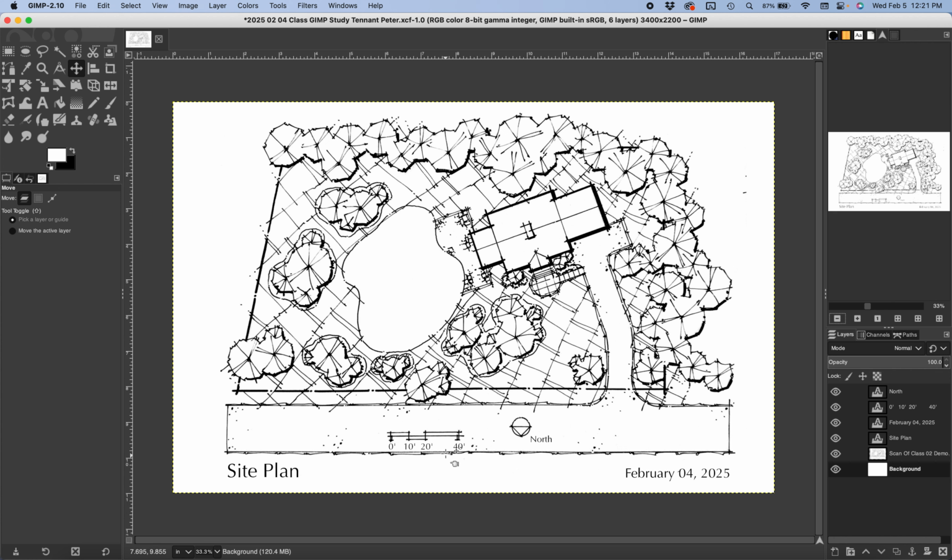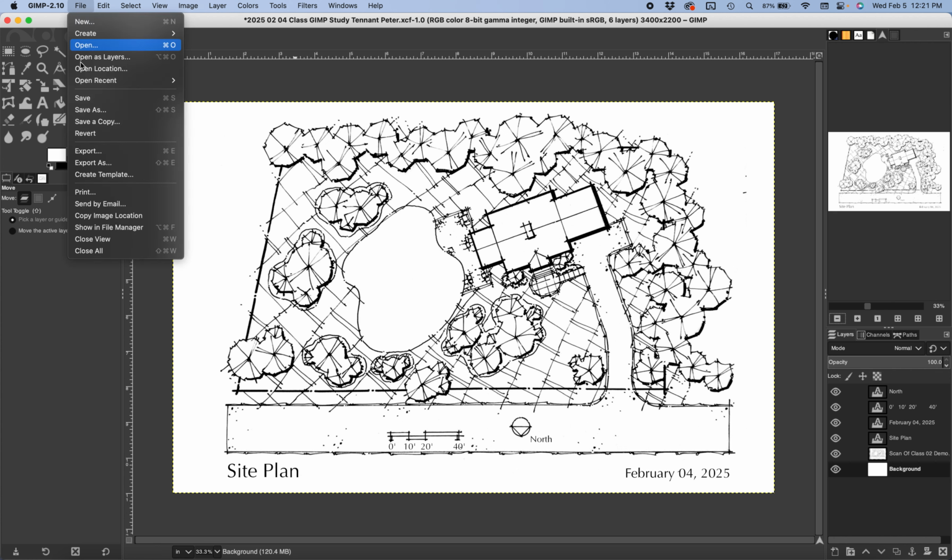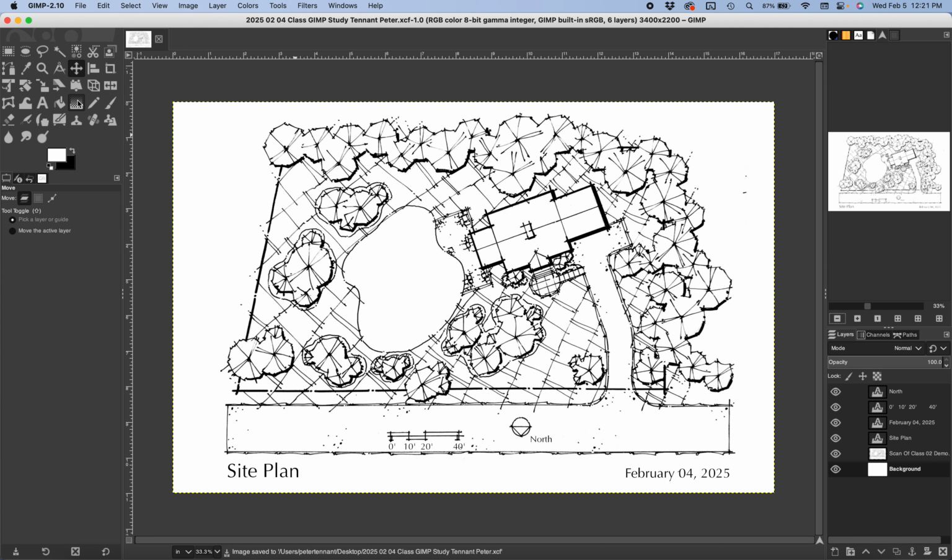I like the text for the scale. I like the north arrow. I like that, and I like the date. So let's go File, Save. Now we're done with the actual GIMP drawing. Then the question becomes, what do you do with it from here? Now, if I